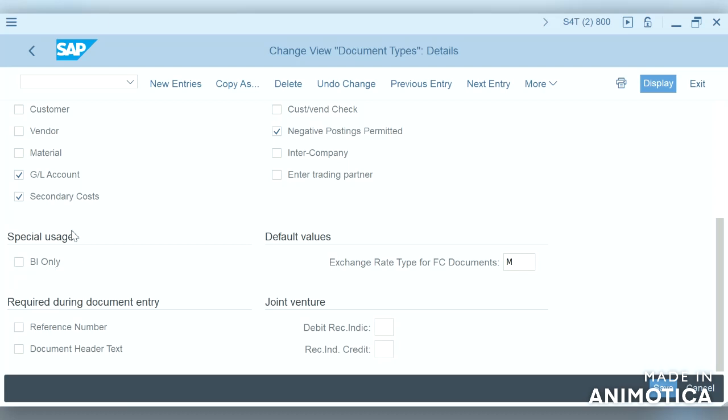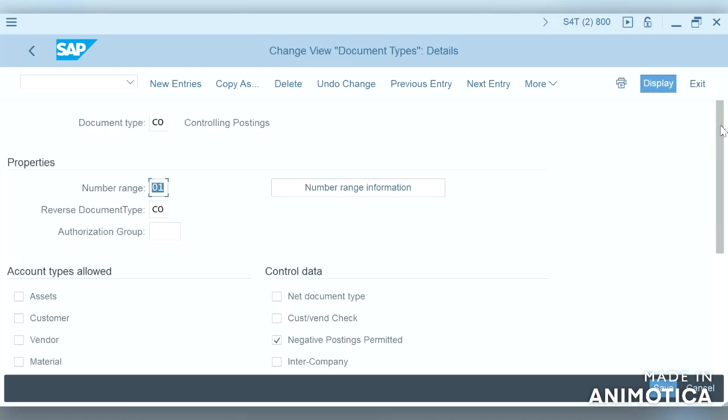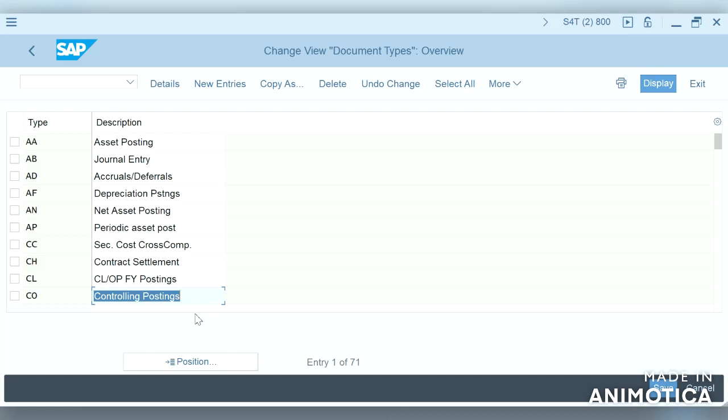And also you can see the BI only special usage, in which this document type is used only for BI, that is, for reporting purposes. So we can even check this box. So this is for CO postings.